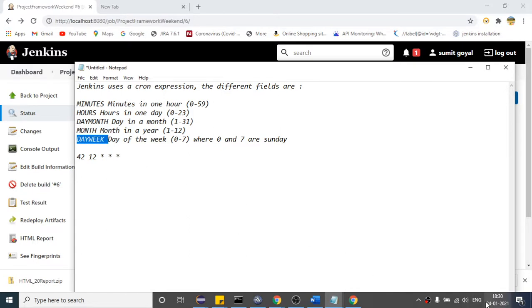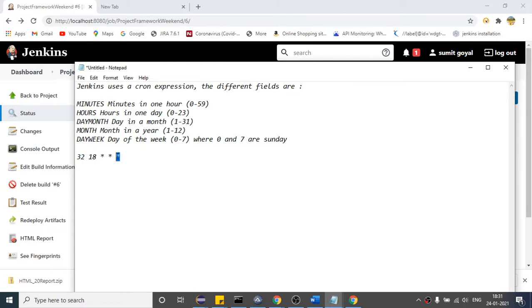So suppose what is the time as of now? 18:30, right? So if I want to run my test case, this first one is minute, so I will write 18. Let us give 31, right? And here I will write my hour. So it is 18:31, right? You can say okay. So 31 is already done. So let me write 32. And if I provide a star, which means every day in a month, from 1 to 31 it will run every day at this particular time. So this is what it means, right?